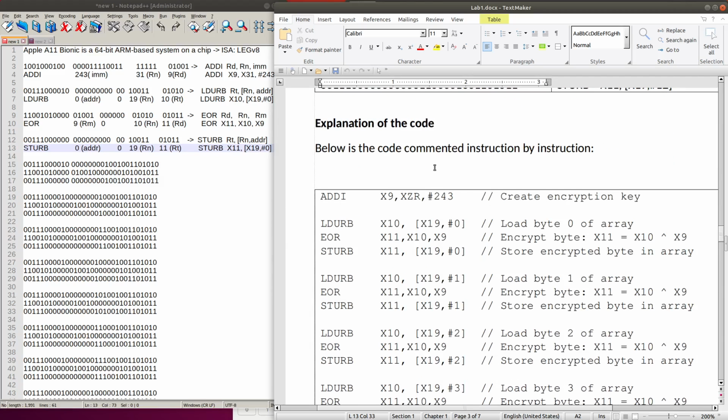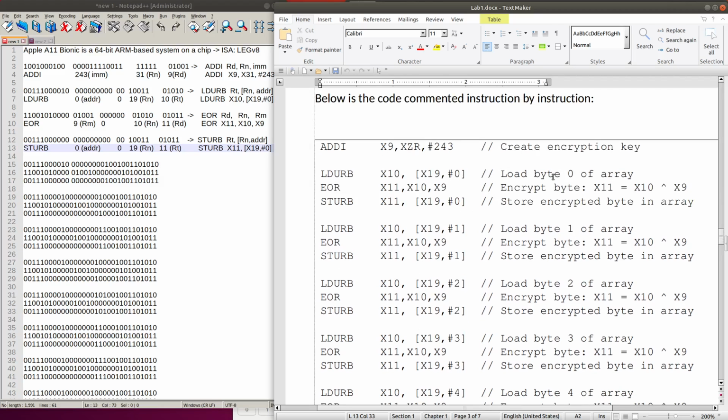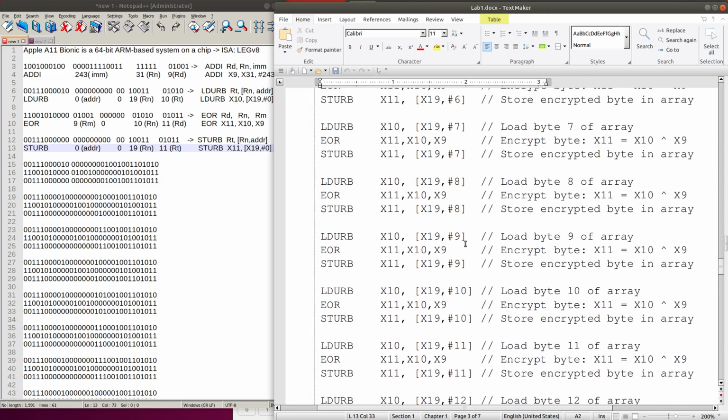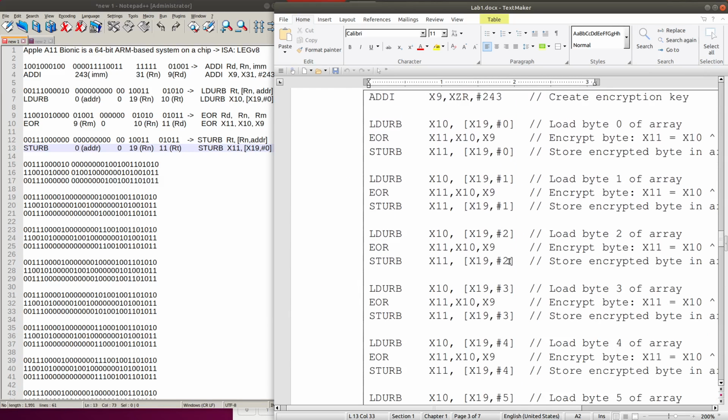We consider it from the viewpoint of encryption. We can think of this as the code written again with comments. X9 will be the encryption key, that is 243, and in memory from offset address 0 to offset address 12 we have the data that we want to encrypt.